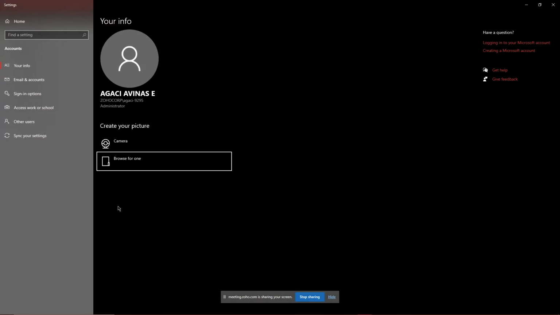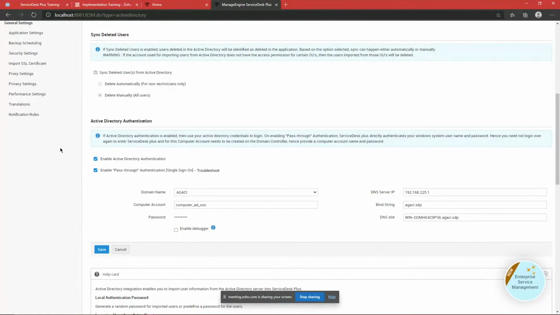Of course, you know that Windows stores the password in the Windows credential manager, like the password manager which we have in the control panel. Of course, we can view that. So it is going to get that information, and it is going to send this particular password as clear text to the server. There are three entities involved. One is the client, which is going to send the password, and another is the server, the service desk plus application server where you have installed the application. It is going to send the password because that is where we have configured all this information, right? The client wouldn't know. So it will be sending the clear text, the plain password, and the server will be